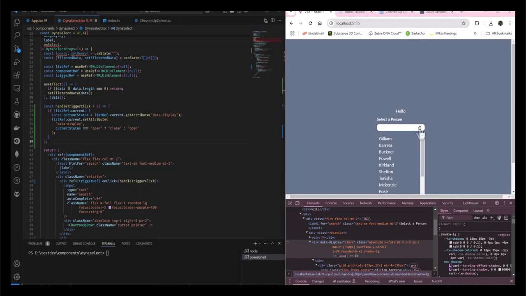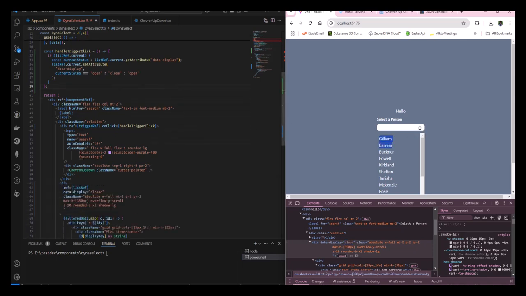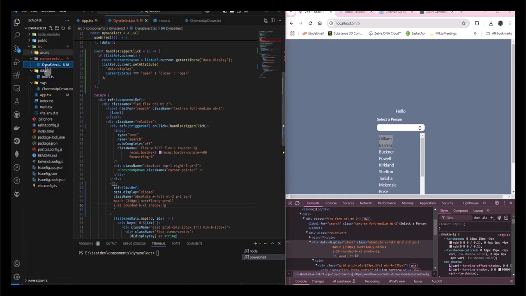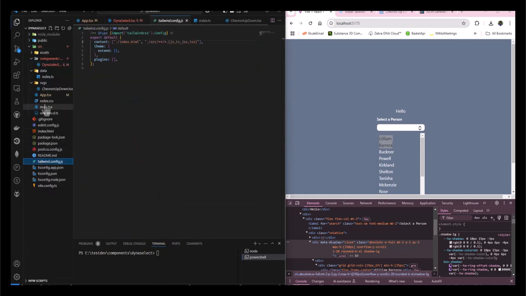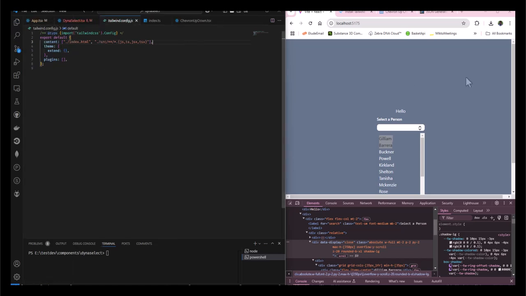Okay, let's give some life to our list. So to do this, we could just go over here and say data display, open display block, and if it's closed, display hidden. But we can do one better than that. If we go to our tailwind.config,